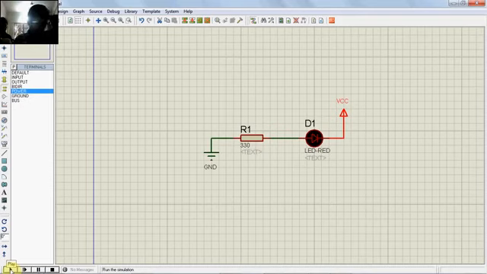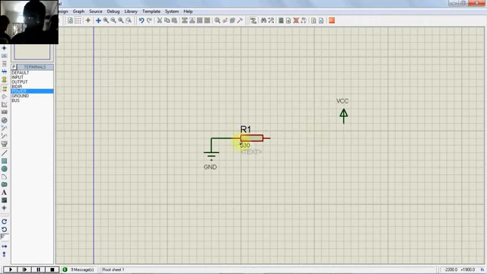Okay. Now a small mistake is that I have kept the LED in the opposite manner. Polarity is wrong, so I should rotate it. Now I will be deleting it. For that, you can press the delete button on the keyboard. And one more thing, if you have to delete a wire, you can't use the delete button, but you have to right click on that twice, like this.